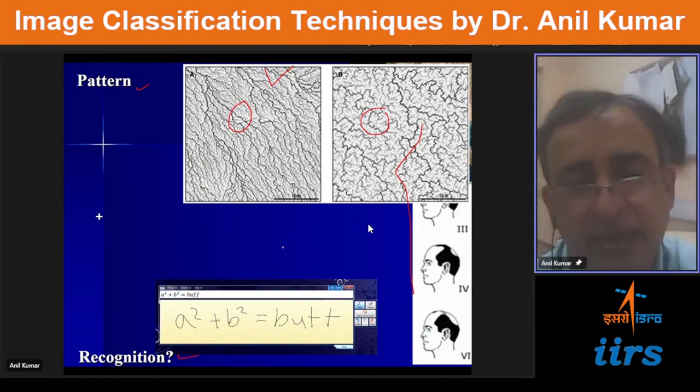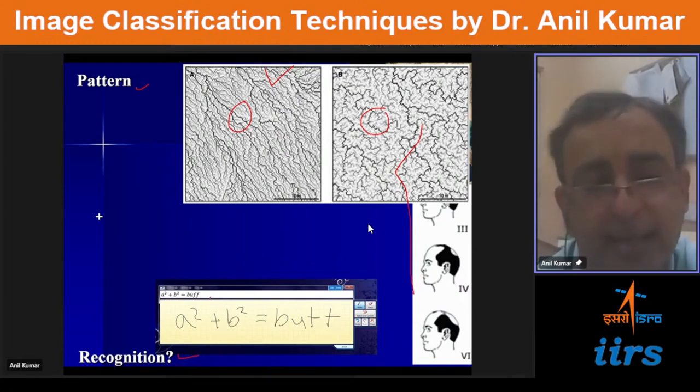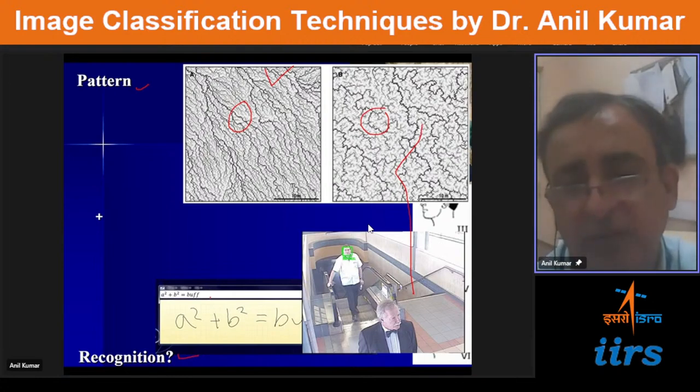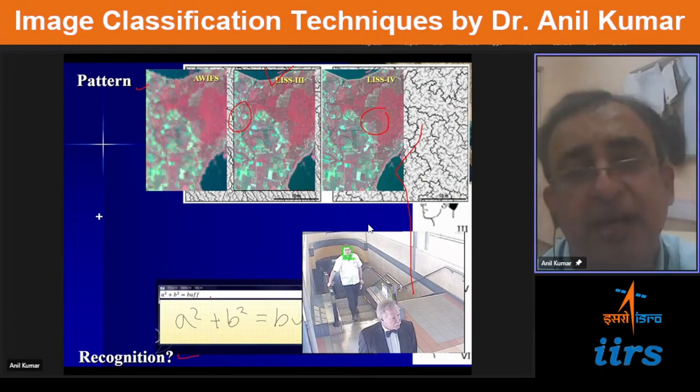And pattern you can see in the text form also to recognize. So the data can be from different forms, and there you can see the patterns where we think to apply the pattern recognition techniques. This can be like recognition of face in a video camera, or in the remote sensing